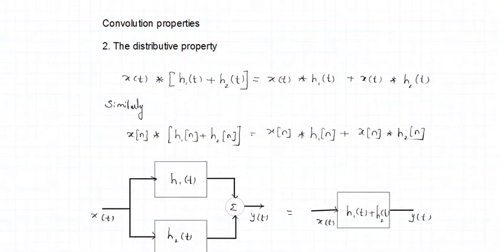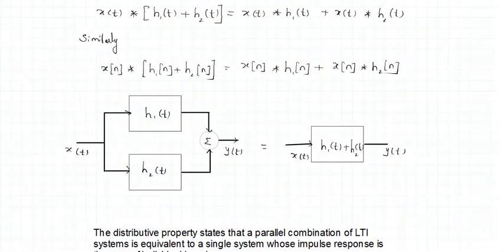Graphically, if we represent it, what this indicates is, if you have a parallel system, h1(t) in parallel with h2(t), we know that parallel systems can be represented with an impulse response that is the sum of the impulse responses, right? So if we have a parallel system with input x(t) to both systems at the same time, here x(t) convolved with h1(t) gives you a result y1(t), x(t) convolved with h2(t) gives you a result y2(t), so y1(t) plus y2(t) is your net result y(t).